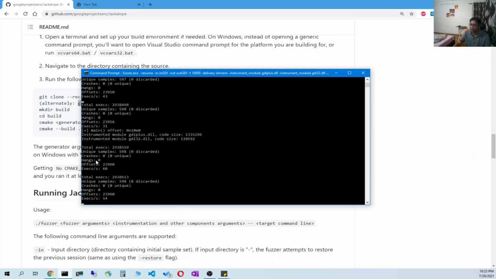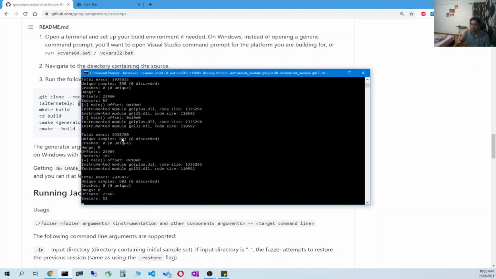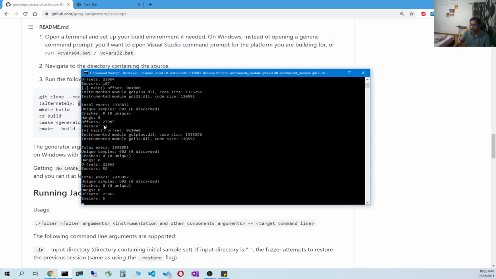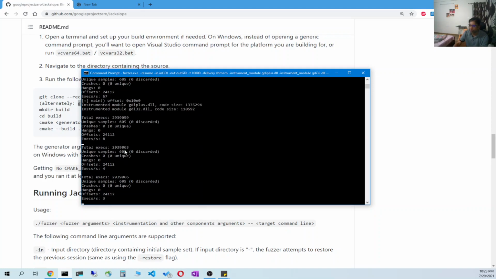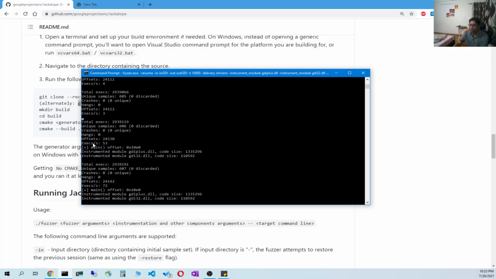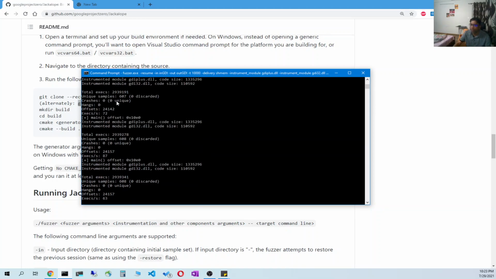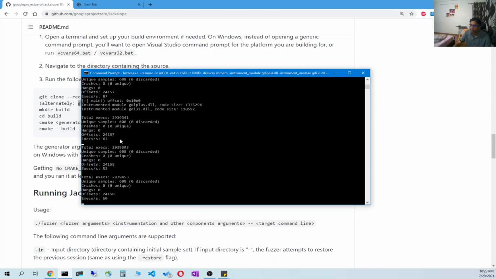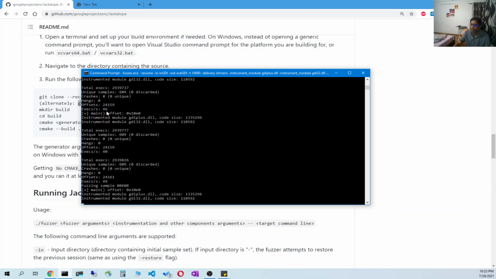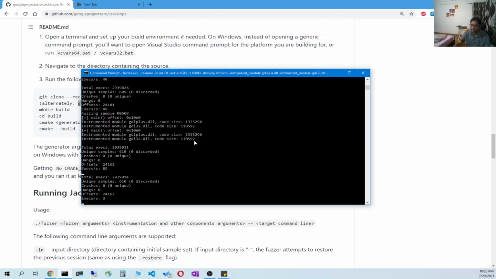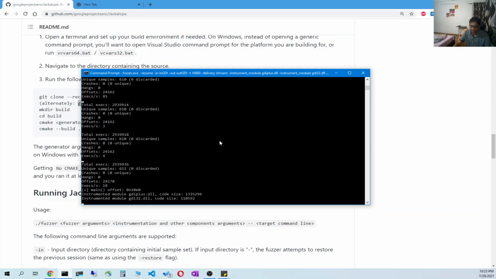This is actually fuzzing our program, and you will see various messages like total executions are this much, and then unique samples are 605. There is 0 crash. Out of that, again 0 unique crashes are there. There are 0 hangs. Offsets are over here, and the execution speed is 89 or 46 or something. So this is the execution speed we are getting.